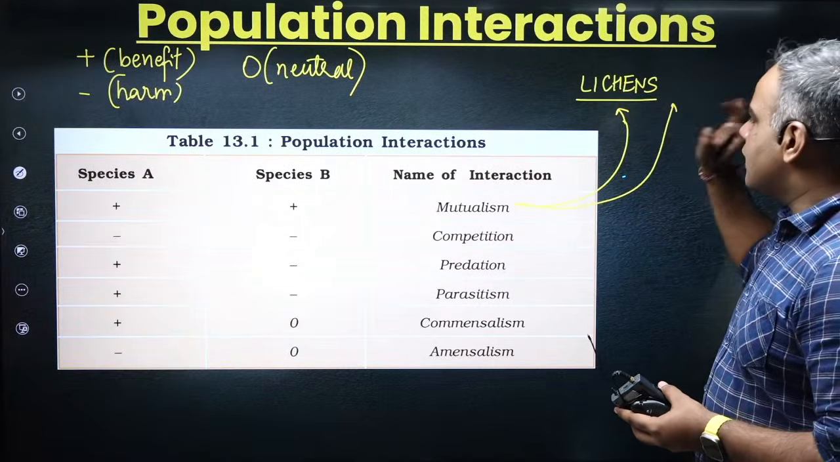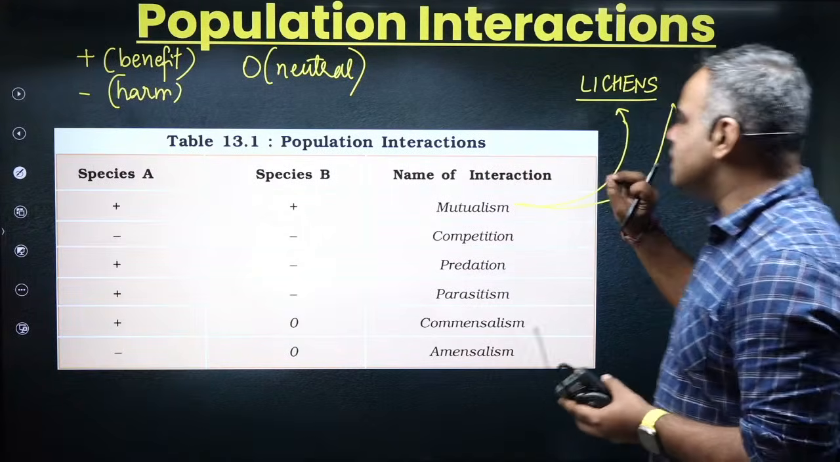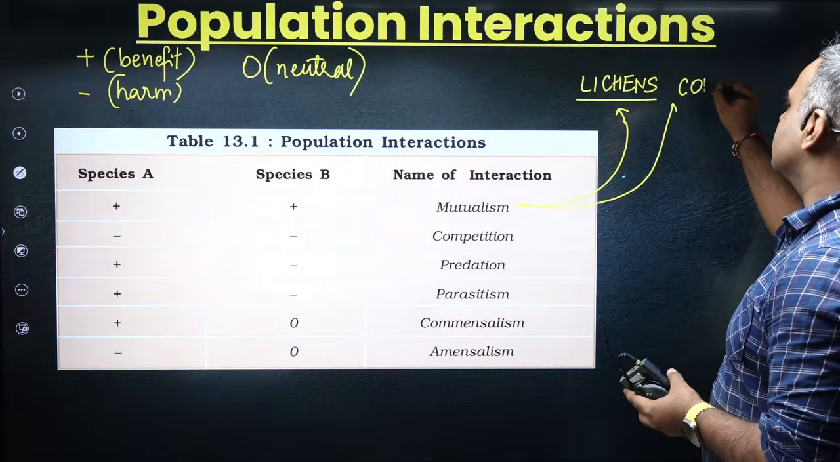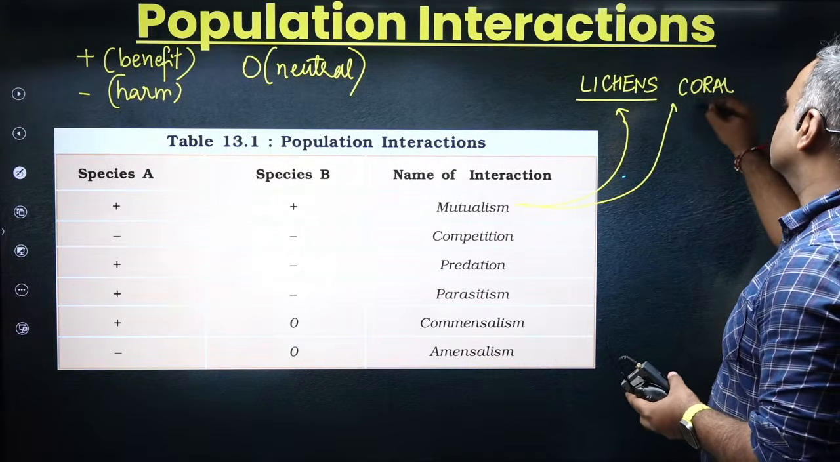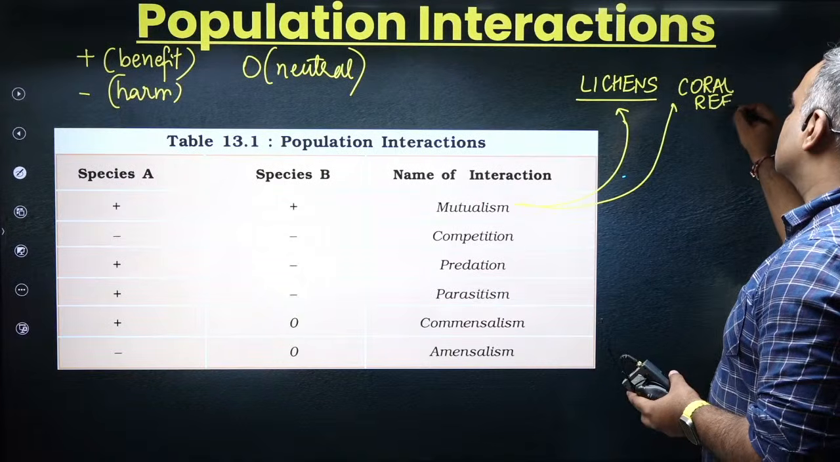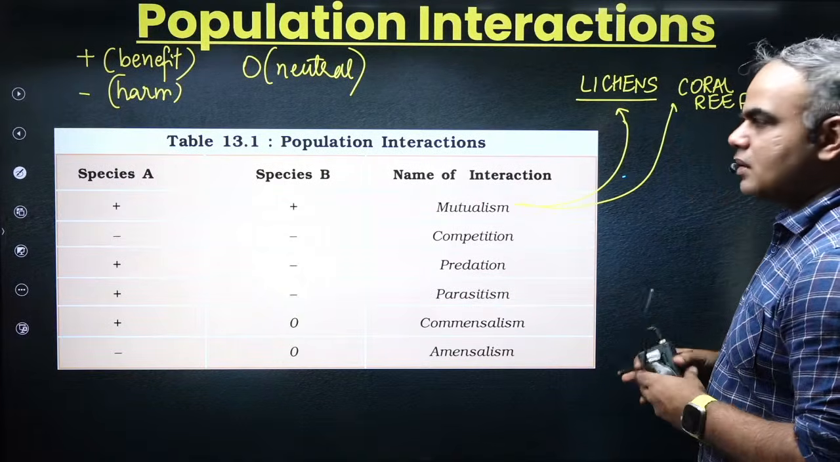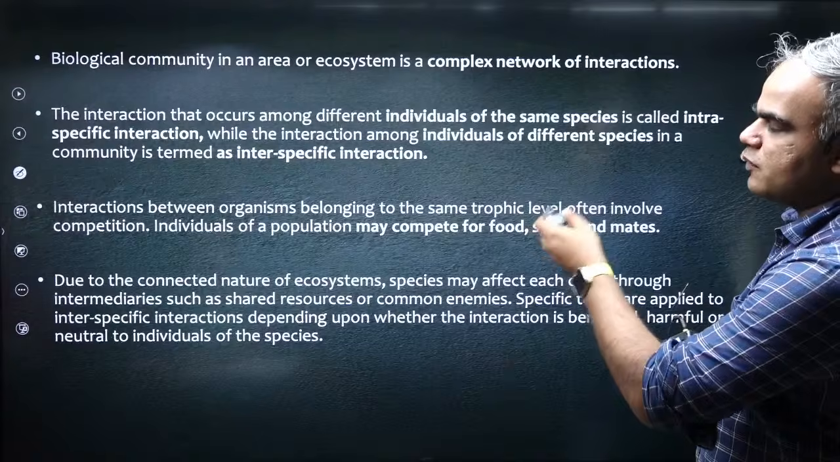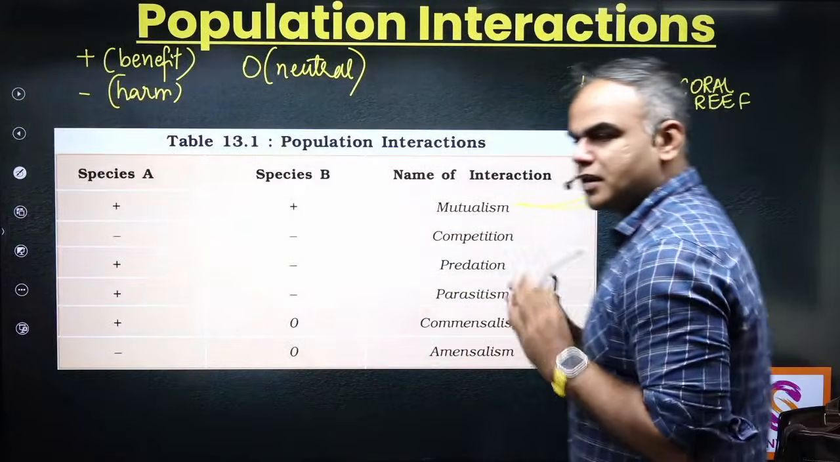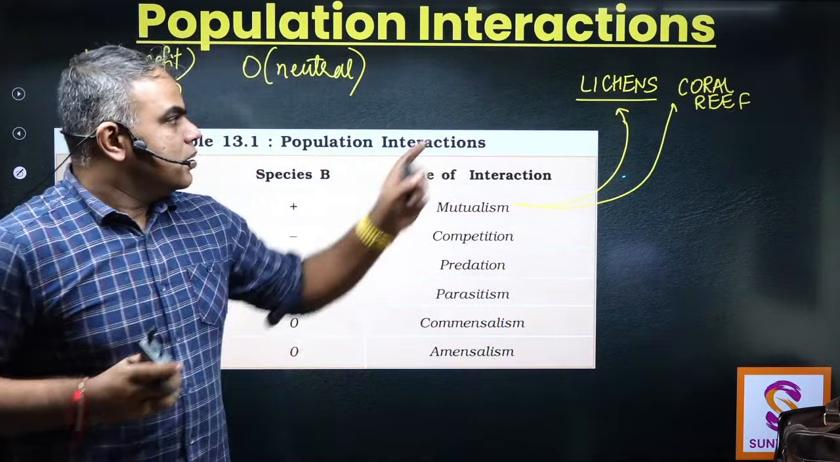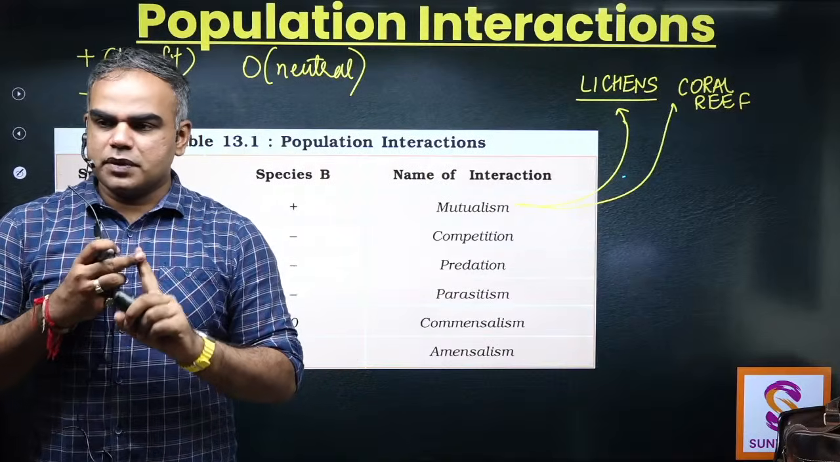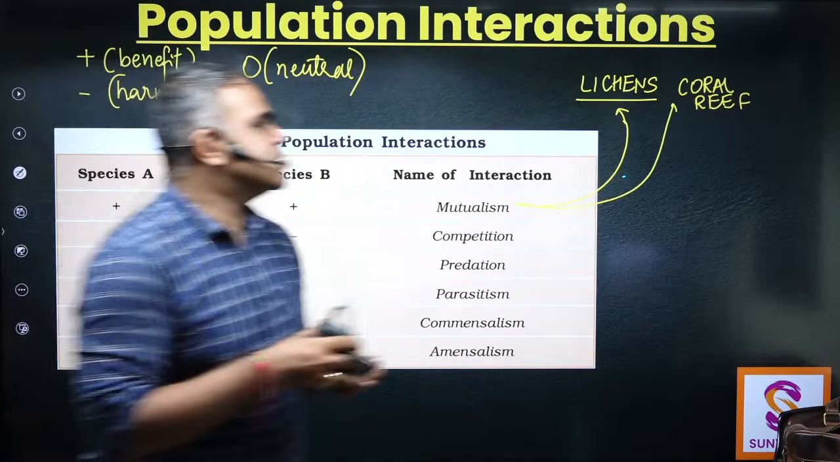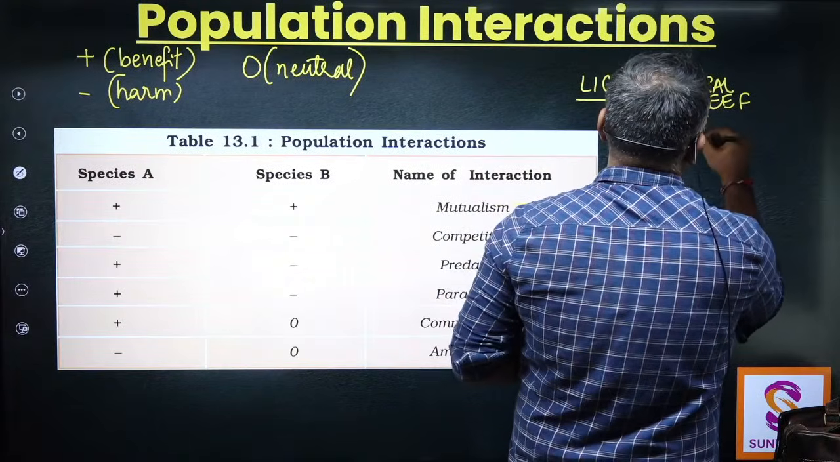Okay? One of the very, let's say, prominent example of mutualism that is seen is, don't write anything here. I will make you write down everything. जितने भी infographics हैं, कुछ points हैं, अभी बस हम देख रहे हैं क्या हो रहा है. ठीक है? Lichens, coral reefs. Fine. One very, very good other example of this is also